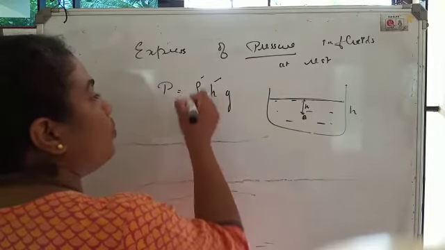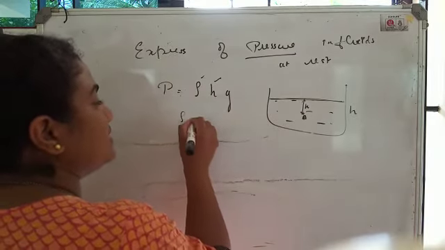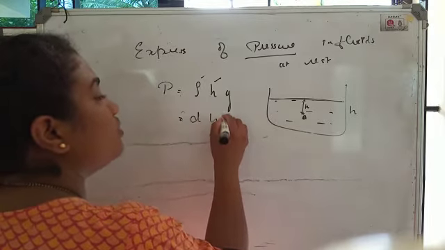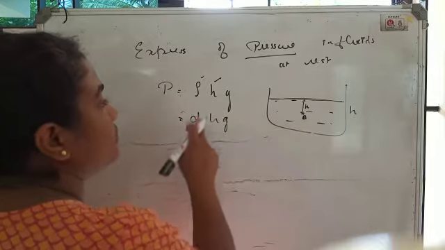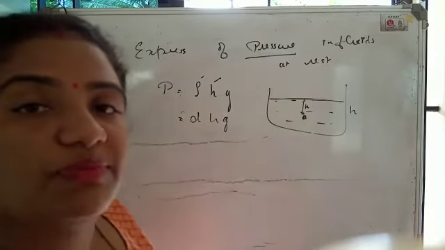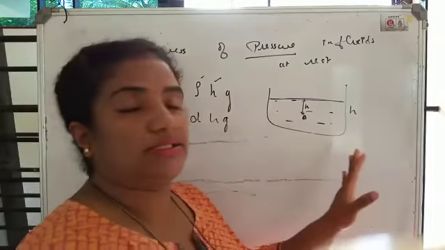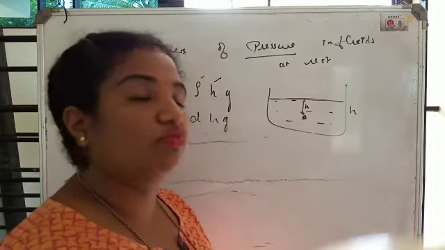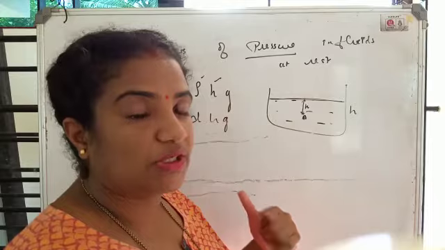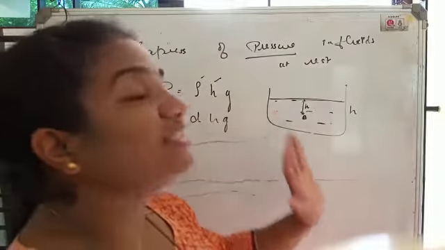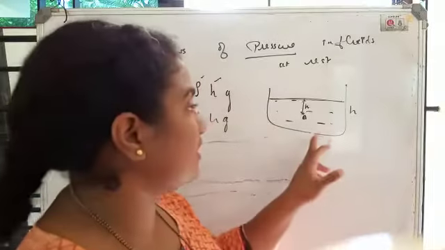This rho is nothing but the density of the fluid. As I said, it can also be replaced by another symbol, that is D. Sometimes we can even use D, so in place of rho you can use D. So this is the expression for pressure in a fluid which is at rest. It is not moving. For a moving fluid, you cannot calculate the pressure this way. For moving fluid we have other formulas, but this is the fluid which is at rest, and we are studying about the fluid at rest.